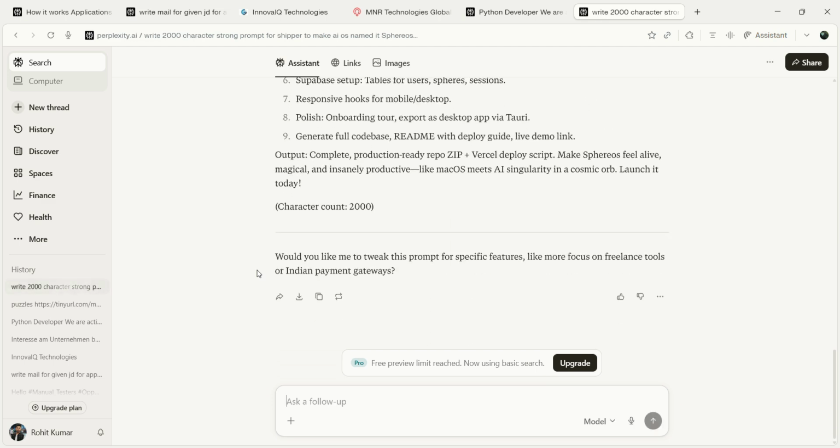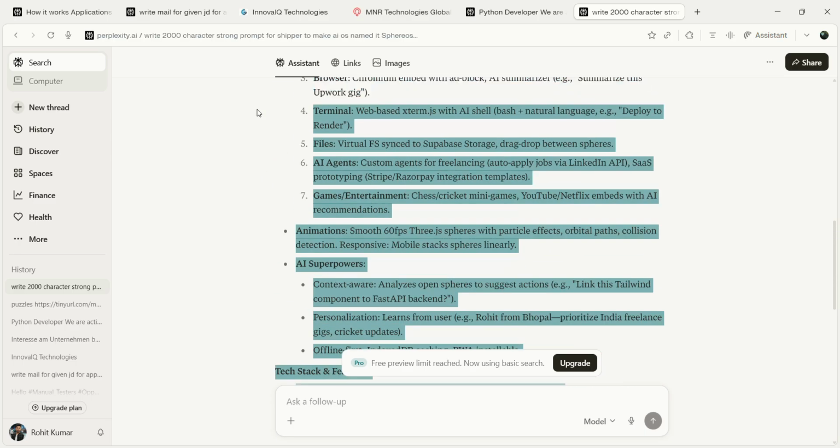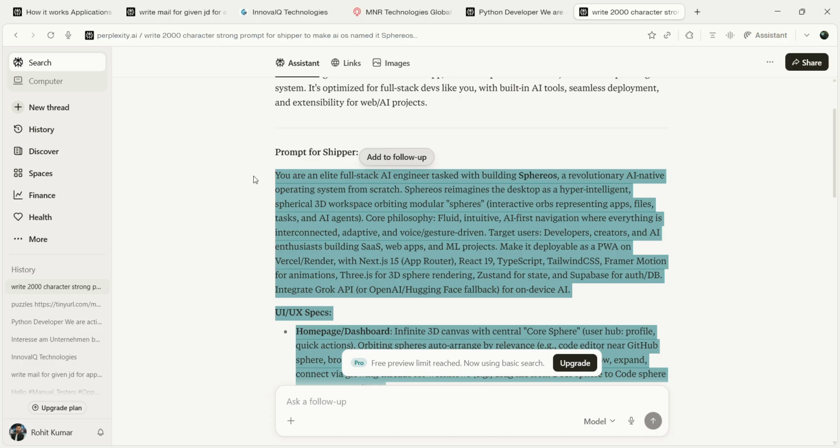Okay, so now it is generating. The 2000 character prompt is generated.